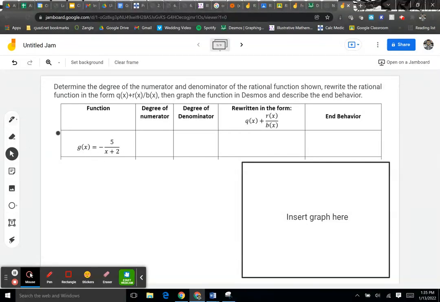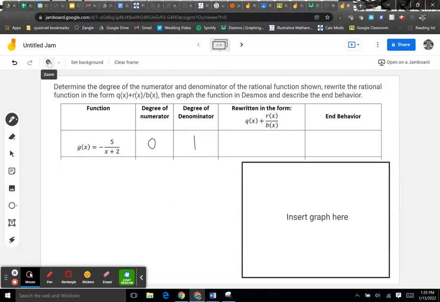Well, in this one, there is no exponent because there is no variable x. So with that in mind, the degree of the numerator here, 5, technically there's a 0x. The degree is 0. Whereas here in the denominator, the highest exponent on the variable x is 1. So the degree of the denominator is 1. 0 and 1 there. Now we need to rewrite it in this form, q of x plus r of x